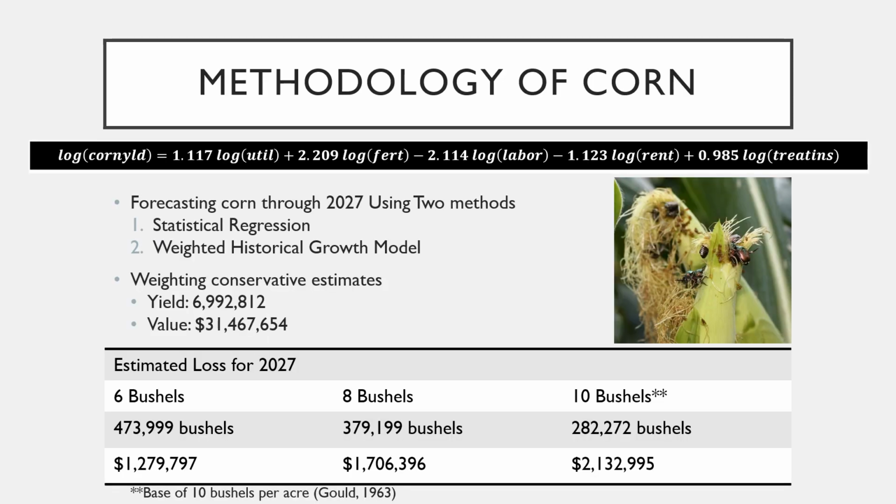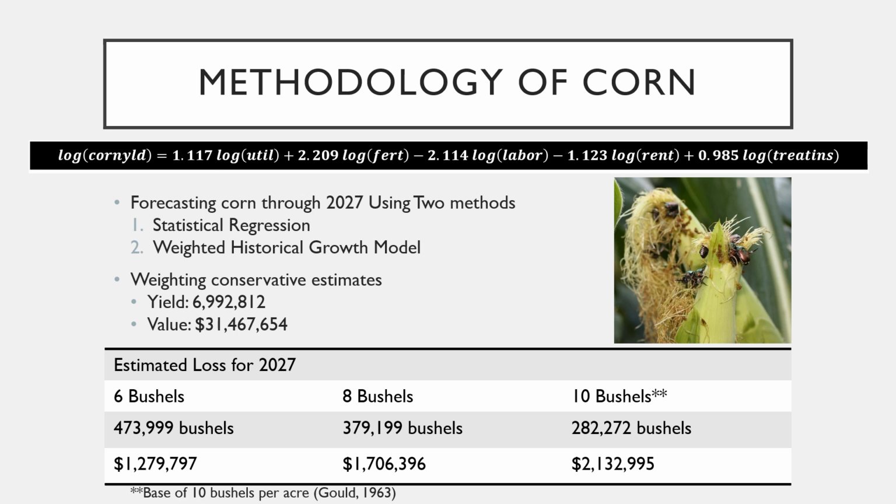Yield of corn was forecast through 2027 to allow adequate time for a Japanese beetle population of significant size to establish itself in Utah. Forecasting was done using two methods. First, using statistical regression to produce the equation displayed, and second, using a weighted historical growth model which derived weighted growth rates from 25 years of historical data. The most conservative estimates from both methods of forecasting were weighted together to forecast 2027 Utah corn yield at